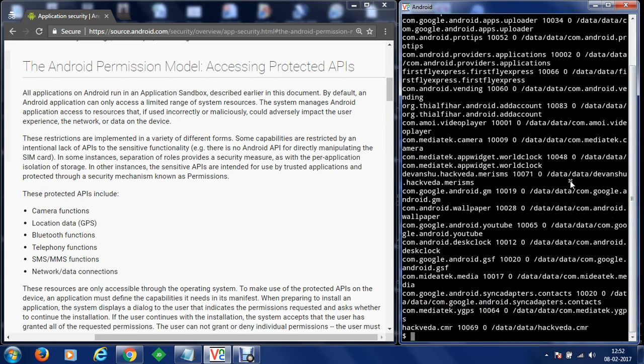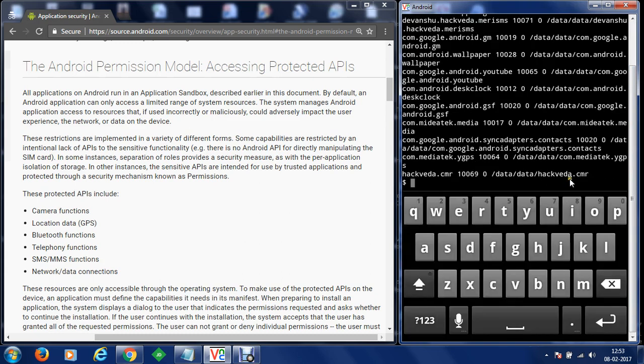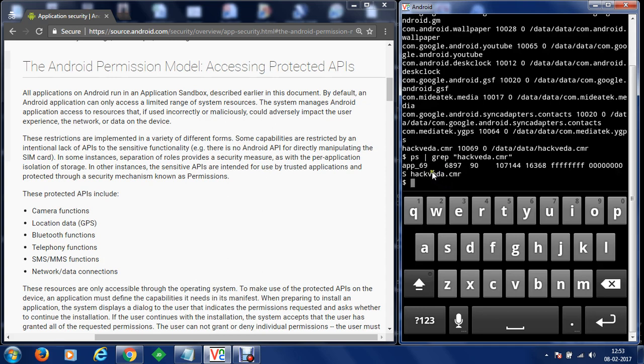So now what we are going to do is execute the process list, and within the process list we are going to grep hackweather.cmr, and once we press enter, you can see that we have got the application sandbox account. So now you can see that 10069 specifies that it's a limited account and the account name is 69, and an individual application sandbox is created with the name app_69, which is running hackweather.cmr.